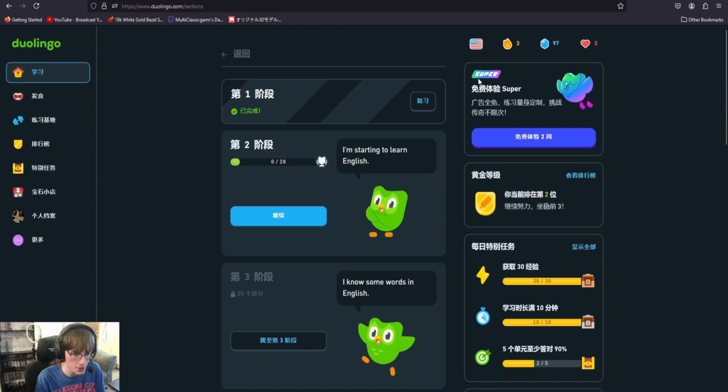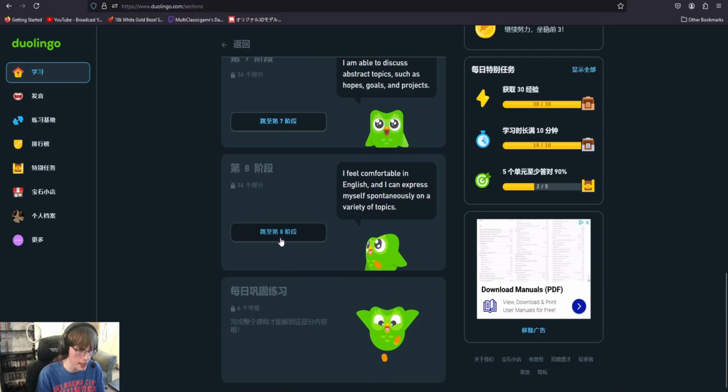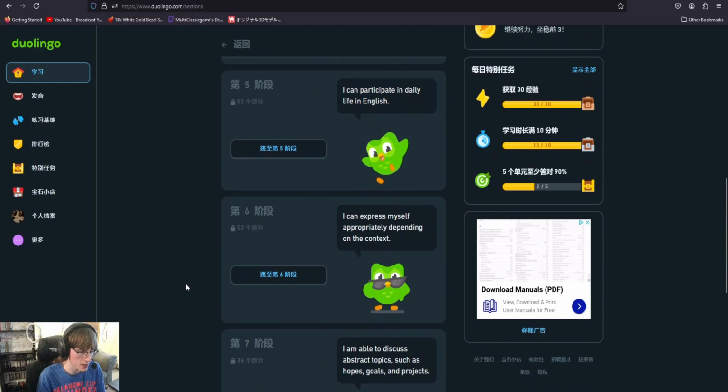So give it a try for yourself. See if it works for you. I cannot say whether or not it will, because again, everyone learns differently, and I don't even know if this is a good way for me to learn Chinese words. Theoretically, it is if I stuck to it enough, but I don't think I would be able to, because, you know, it's like